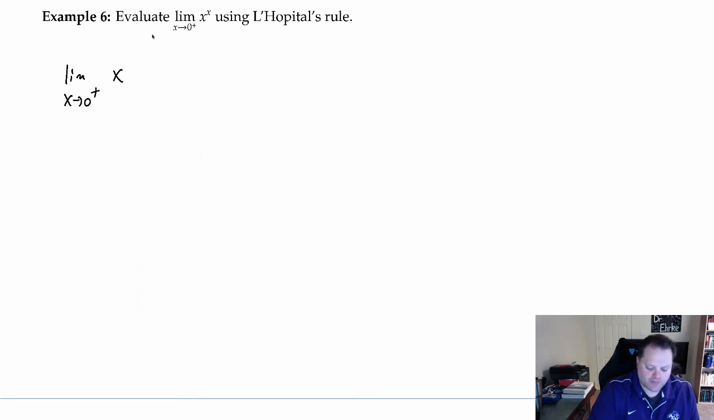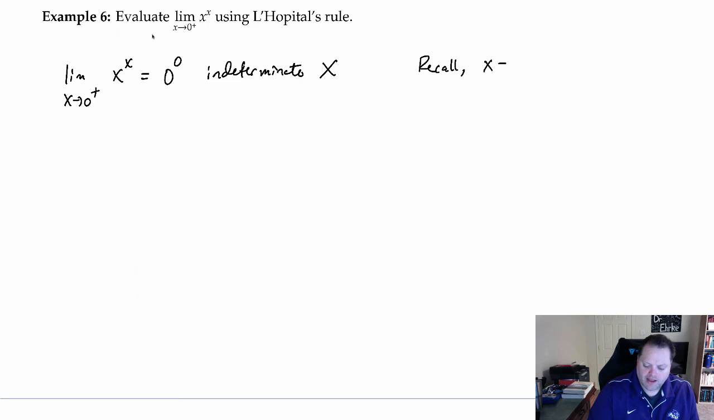If you look, in its current form, it's of the form x to the x, which is indeterminate, right? We talked about that at the beginning of this lesson. But it's not the correct kind of indeterminate form to apply L'Hopital's rule. So we're going to use a trick that we used when we were first introducing the derivative of x to the x. And that is, recall